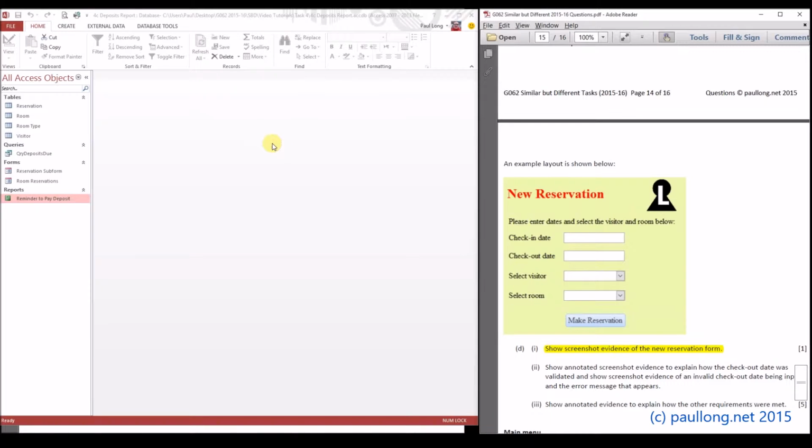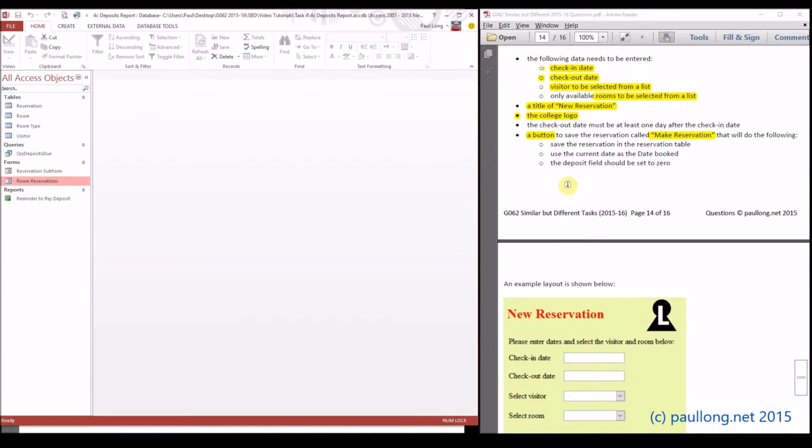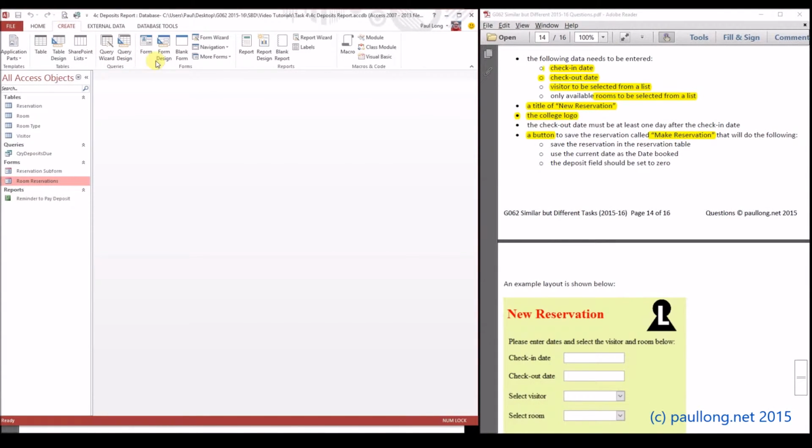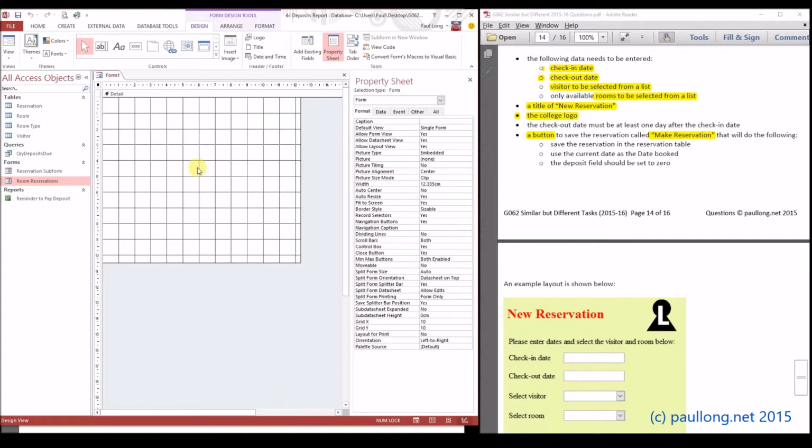Well, we've already created one form, which was this one, the room reservations. This one's all about making a new reservation. So we're going to create a new form, but this time, because it's not going to be based on any existing data, we're going to start straight off in form design view. We'll deal with the house style later on, but we will save our form now as make reservation,